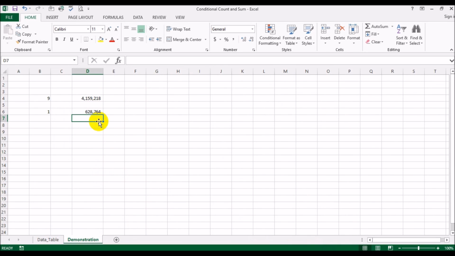So that's essentially how you would be using the conditional count and the